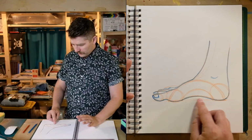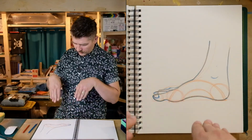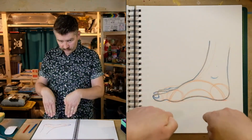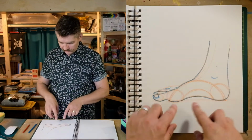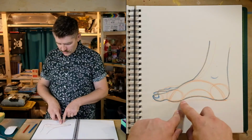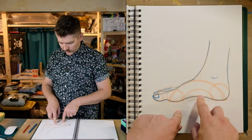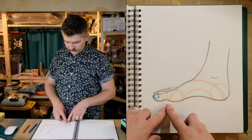Even though, because of the angle, this is not directly straight on in the photograph, we see a little bit of the top of the foot here. So the foot naturally goes in, whether or not it's flat-footed and touches the ground entirely like this, right? So,